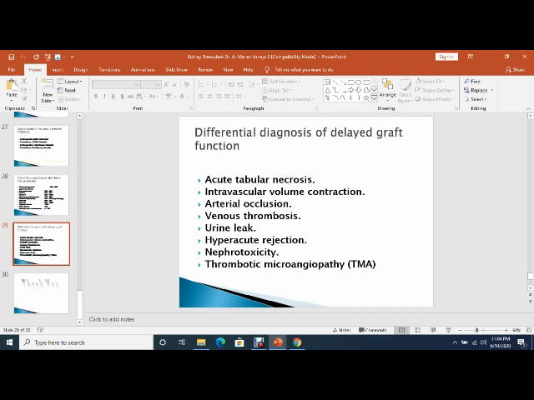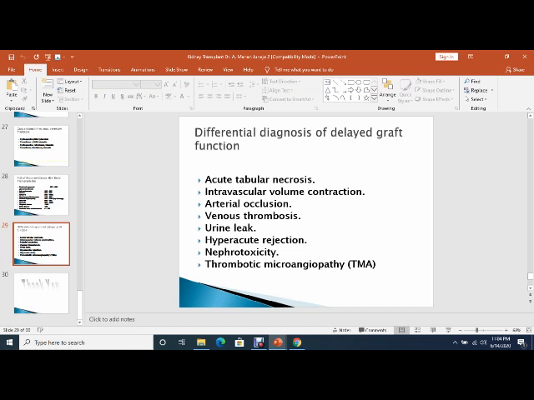One of the top causes is acute tubular necrosis, then intravascular volume contraction due to hypovolemia, arterial occlusion due to thrombosis, arterial or venous thrombosis, urine leak from the ureter and bladder anastomosis, hyperacute rejection, nephrotoxicity, and TMA, thrombotic microangiopathy,